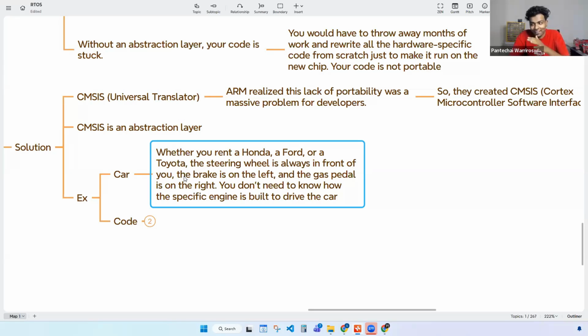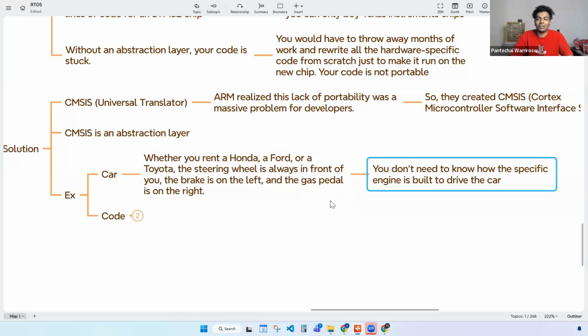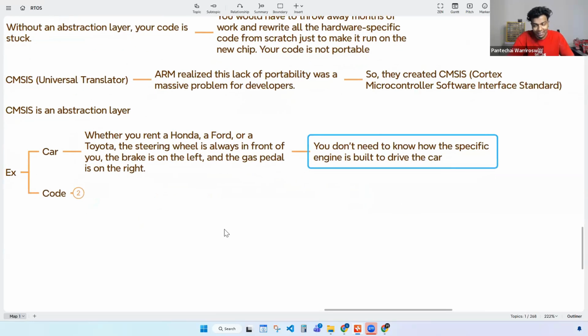Do you get the point? Even though you are driving a Honda, Ford, or Toyota, the steering wheel is always in the front, the brake is always on the left, and the gas pedal is on the right. And you need not know the specific engine or transmission manual between every brand. We don't want to worry about that. That is what usually happens in a car, even though you are driving different brands of car,